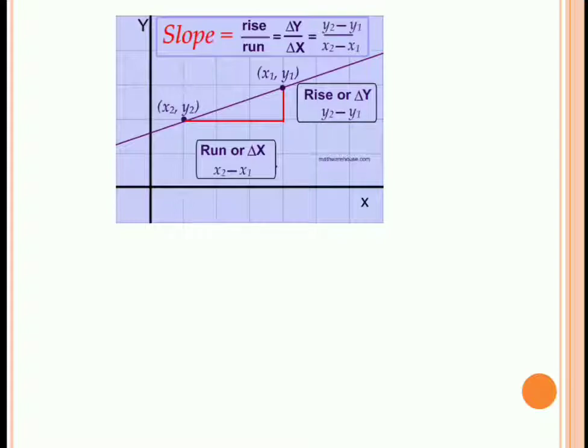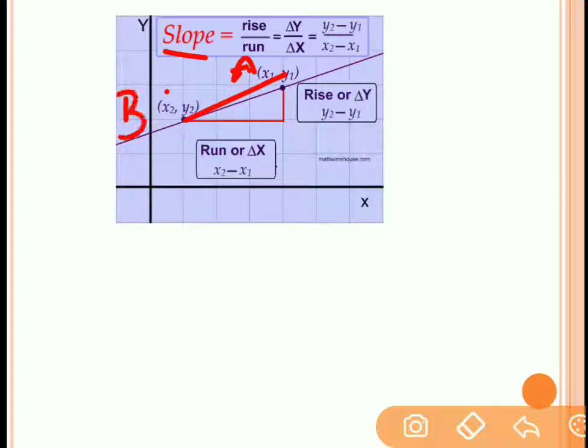Now let us understand the slope. What is the term slope? Consider 2 points in the Cartesian coordinate system, first as x1, y1 and second as x2, y2. Now, if you want to find out the slope of the line segment AB, first point as A and second point as B, and you join this line segment AB, 2 points will be given in the question. Then with the help of these 2 points, you can find out the slope of this line segment.